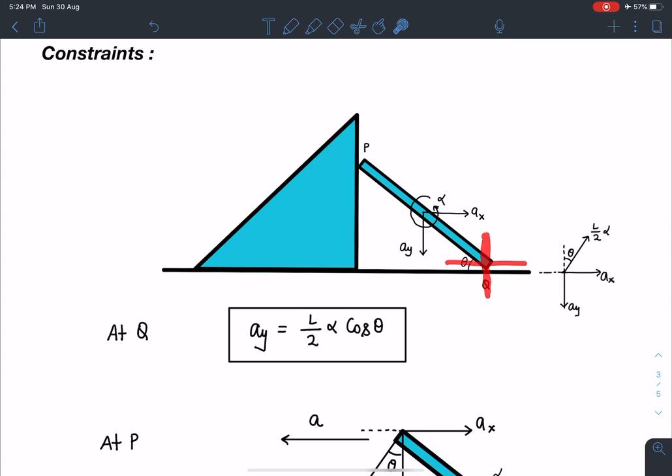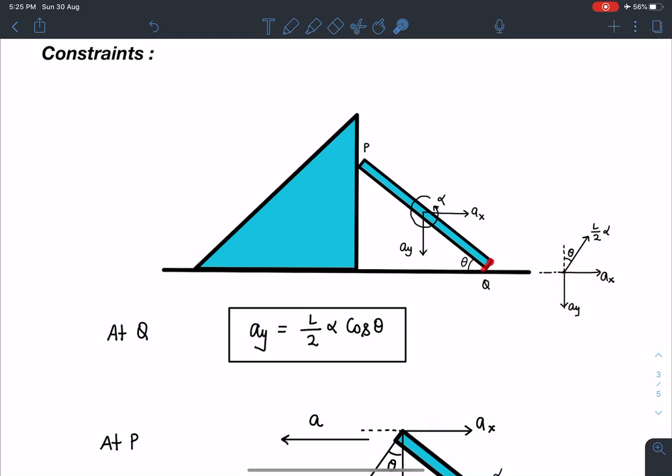this rod is sliding along X direction, maintaining the contact in this vertical direction. So definitely in vertical direction, velocity has to be 0, and if velocity is 0, we can differentiate that relation and we will be getting acceleration relation here. However, directly I'm applying this constraint using acceleration, though actually it is for velocity. But since omega has not developed just after release, I am able to write directly as acceleration relation. Otherwise, if there was omega present, we should write velocity and then differentiate it in order to get the acceleration relation.